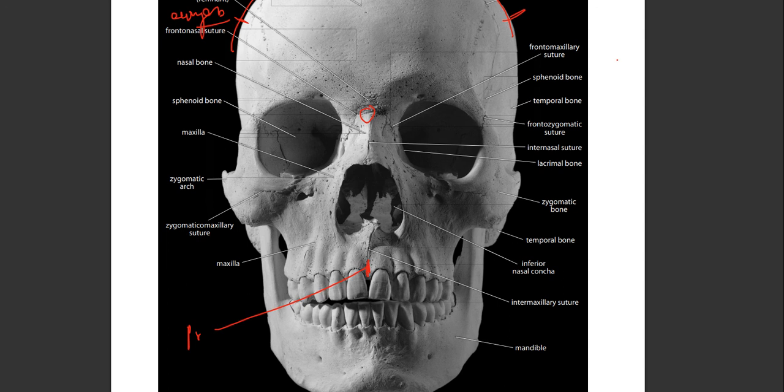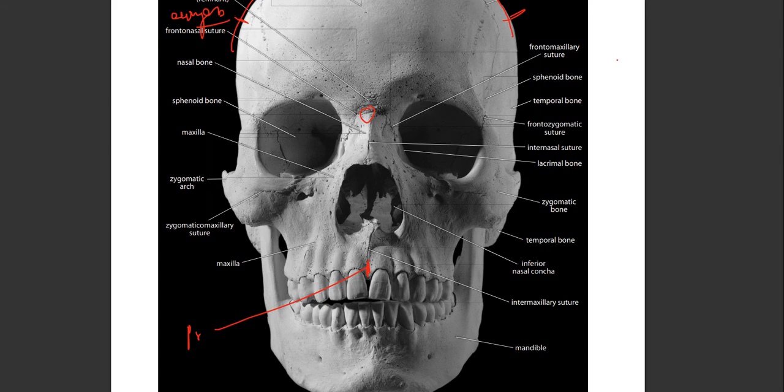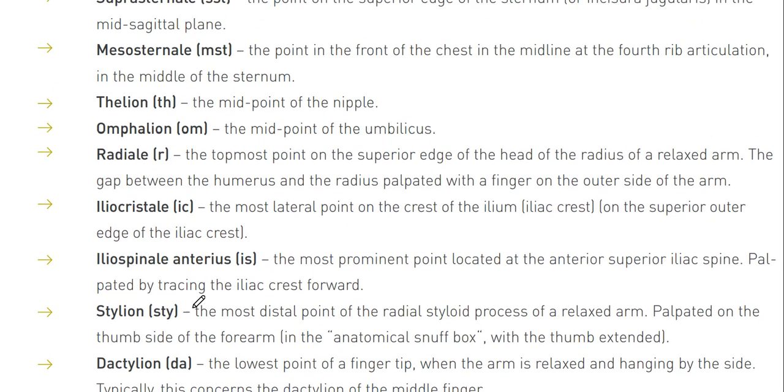Okay, so now the two landmarks are precisely clear, where the prosthion is and where the nasion is, right? So now next coming on is the bizygomatic breadth. Bizygomatic we have already discussed. Then the minimum frontal breadth, from the two points which are frontotemporale to frontotemporale. Let me see if there's a definition to this here.